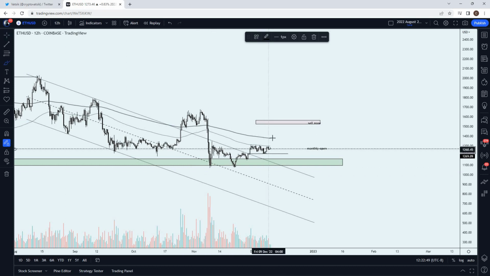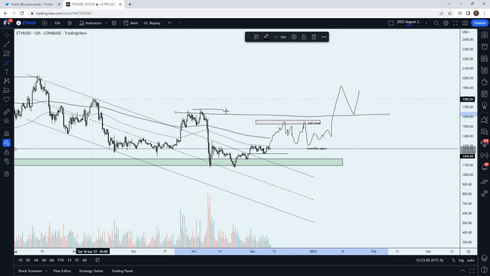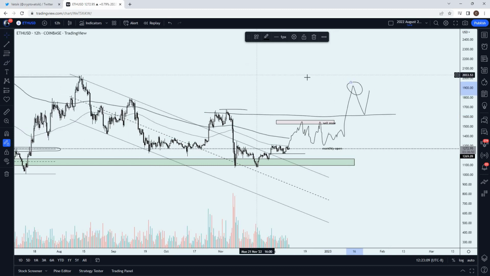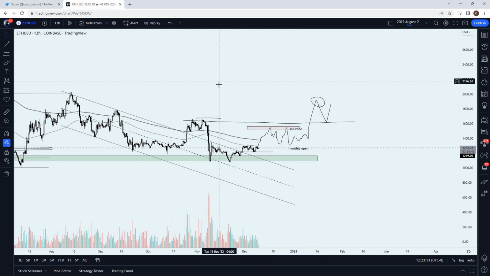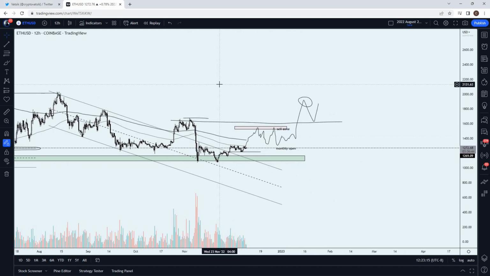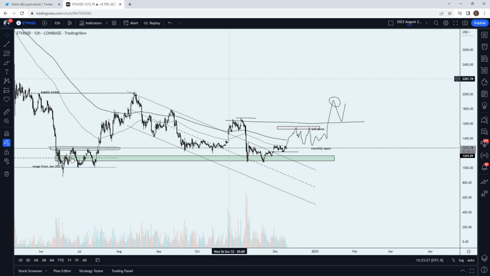So if we come up here and we start to get more of this consolidation in this area, maybe just sweeping the sell zone, bullish consolidation underneath this high, then potentially I'd be more inclined to see a powerful move up and then ultimately a macro market structure break from these lower highs and then ultimately making a higher high up here. I would quickly change my tune to the bullish side of things if we do start to see something like that. And I think it's on the table at this point,